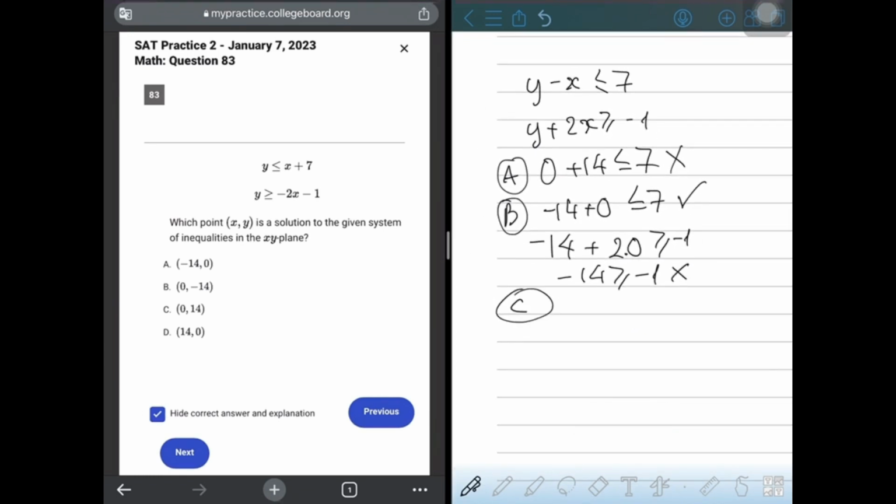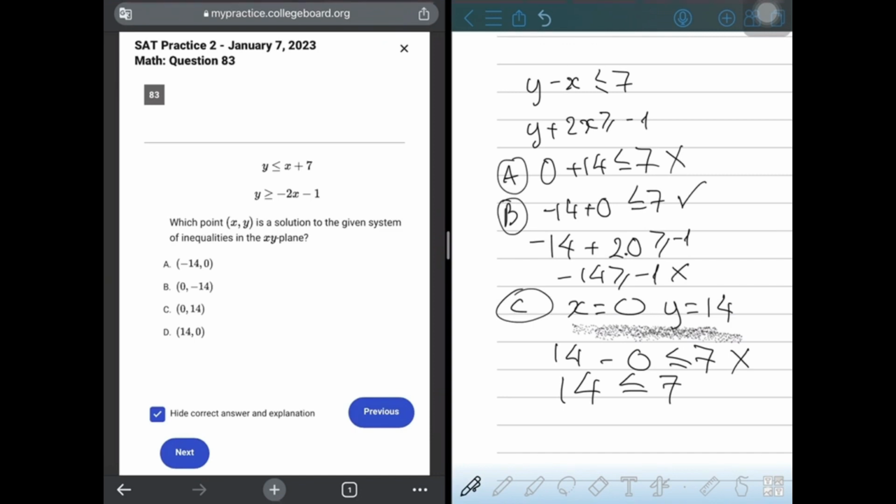Now we will consider C. x equals 0 and y equals 14, so I will write it down here for you, to make it easy to follow. So 14 minus 0 is incorrect because 14 is never less than 7. And now we can eliminate A, B, and C, so our correct answer must be D, but now we just